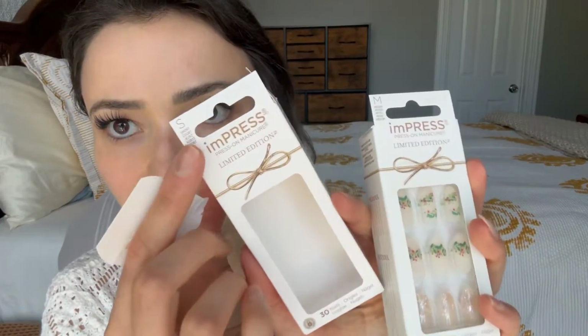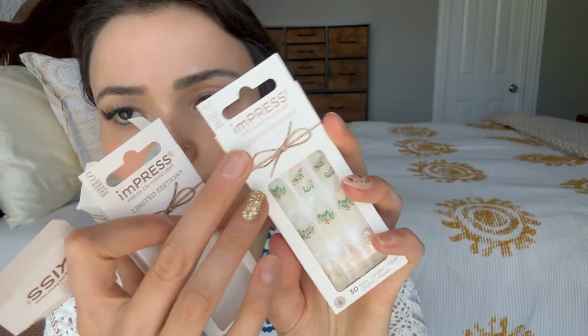As for the adult lengths, there's short, S, and then there's medium, which is M on the package always. So as you can see, here's the S for short and the M for medium, for example, on these packages. So I put on one of each of the nails. So this is a short nail on my ring finger here, and this is a medium nail on my ring